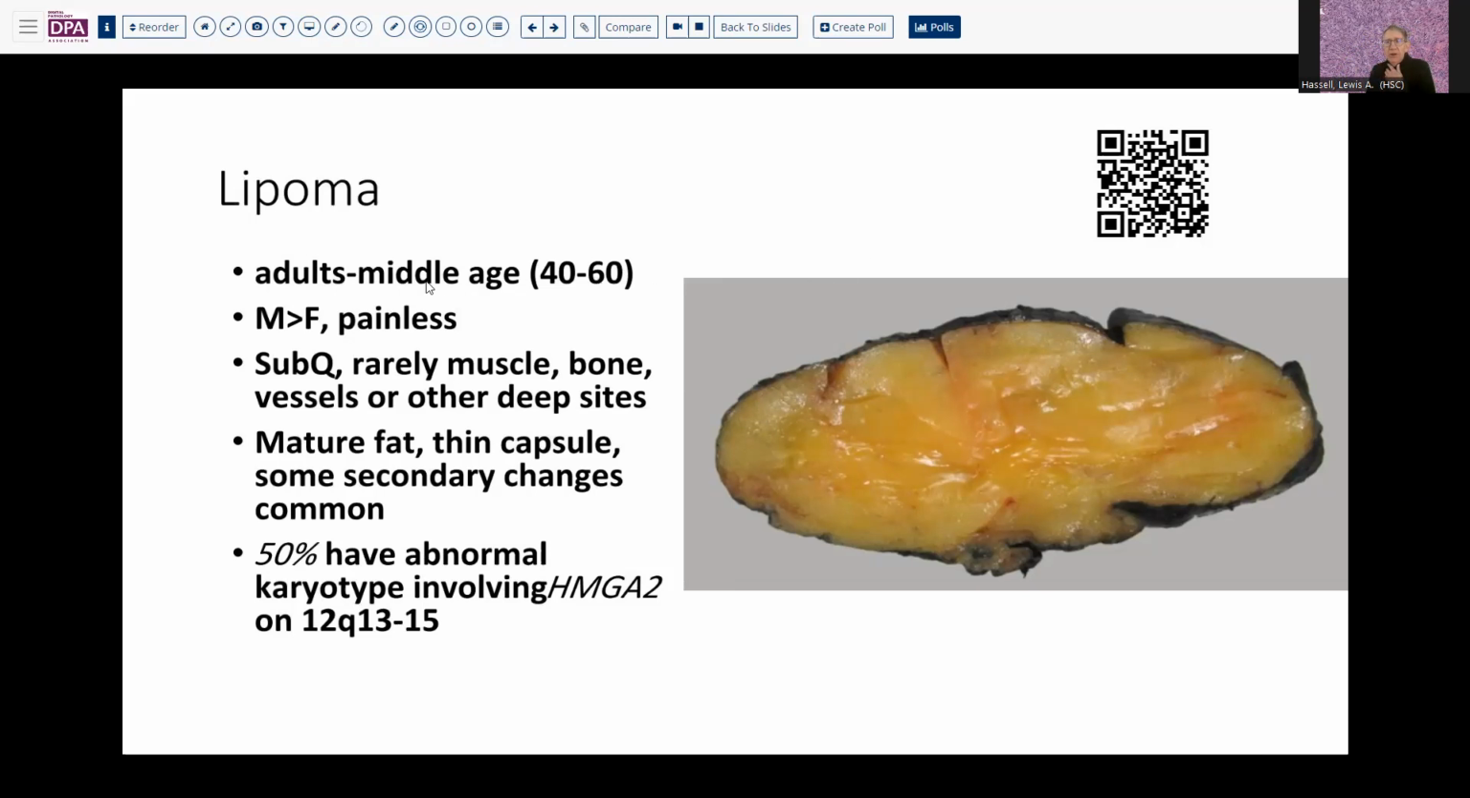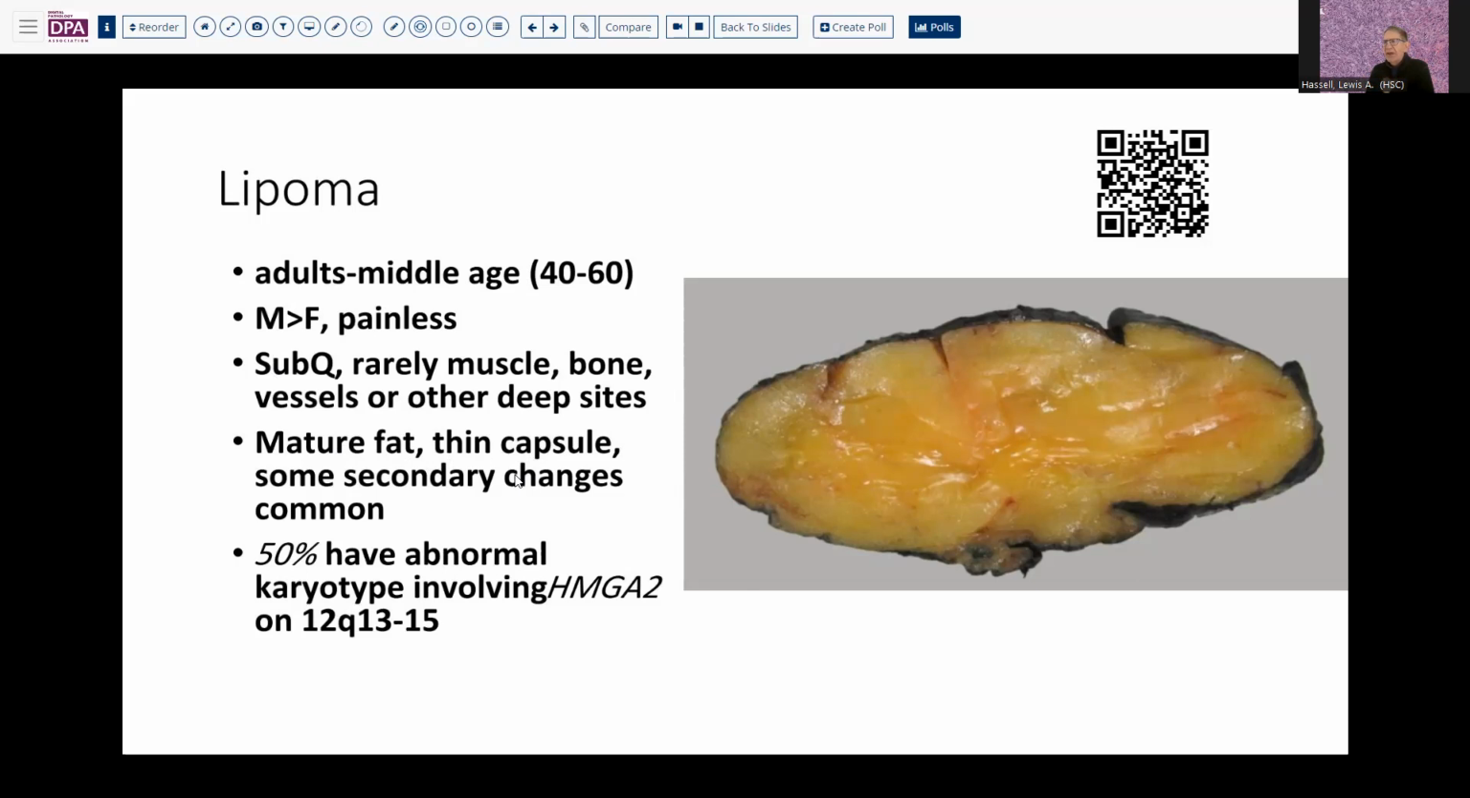But just to review, lipomas also have their clinical pathologic features. They occur in adults, more commonly in men. They're painless. They arise in the subcutis. They may rarely be present in more deep sites like intramuscular or intraosseous sites. And they're composed of a mature mixture of adipocytes. Generally, they should have a thin, recognizable capsule, although sometimes in surgical specimens that gets disrupted or is poorly visible